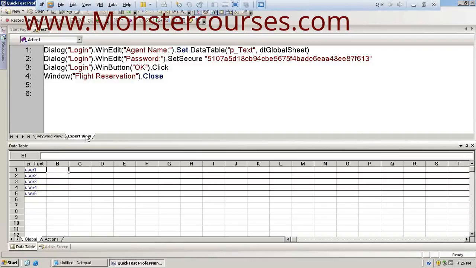The combination of any two frameworks is the hybrid framework. But the most important framework which we use in the organization is the keyword framework. So I'll teach you how to do this keyword framework in QTP once we are done with VB scripting. So this is the brief demo on QTP.